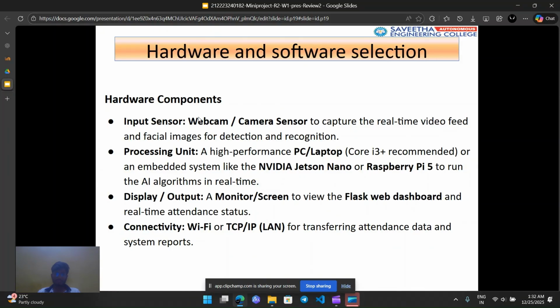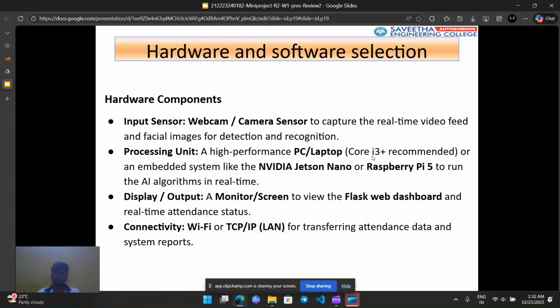Hardware and software selection. For the input, we use an inbuilt system, which is a webcam or web sensor used to capture real-time images of the students, and a processor unit, which also comes inbuilt in laptops and so on.